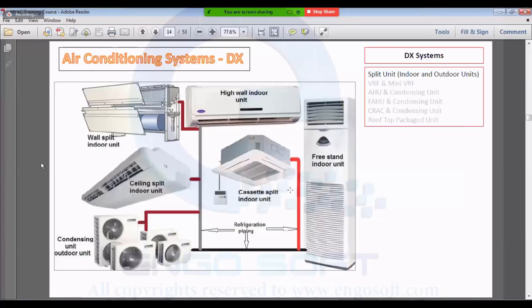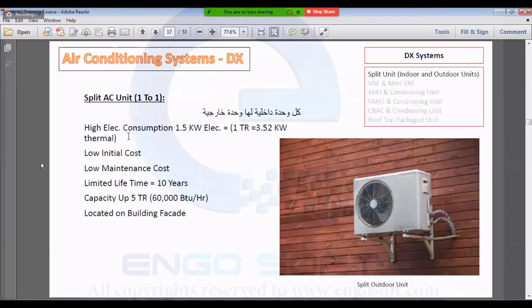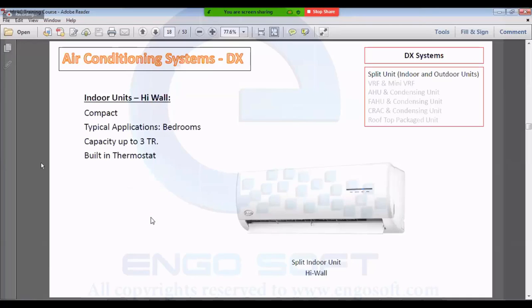We also examined some different types of the DX systems, which are the ceiling split unit, the high wall, the cassette, and the freestanding. The split AC unit has high electrical consumption, low cost, limited lifetime, capacity up to 5 ton only, and is mounted on the building facade, right? Okay. Indoor units,